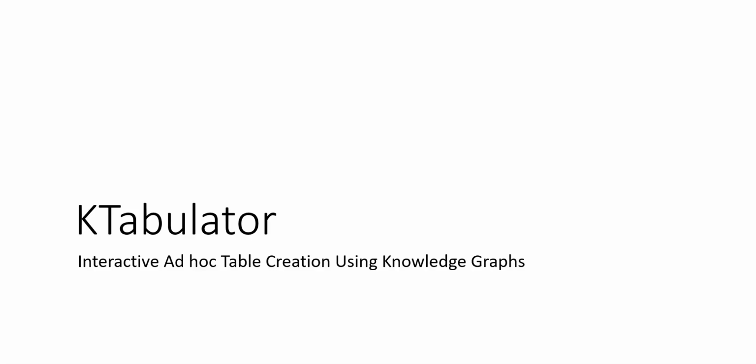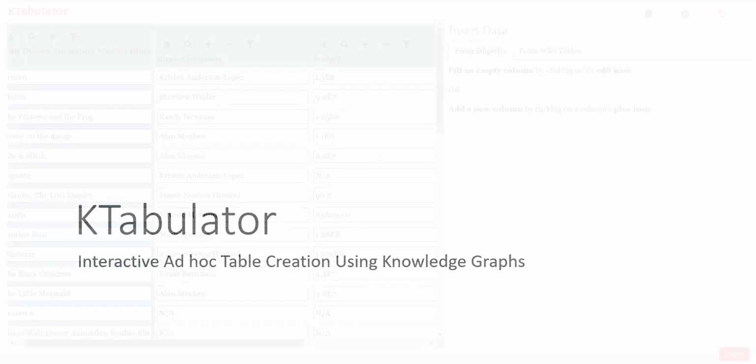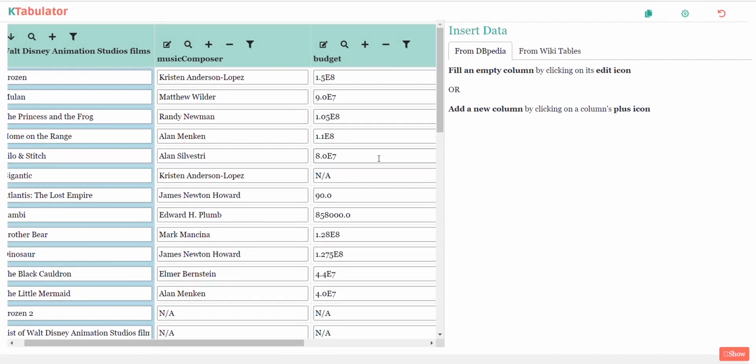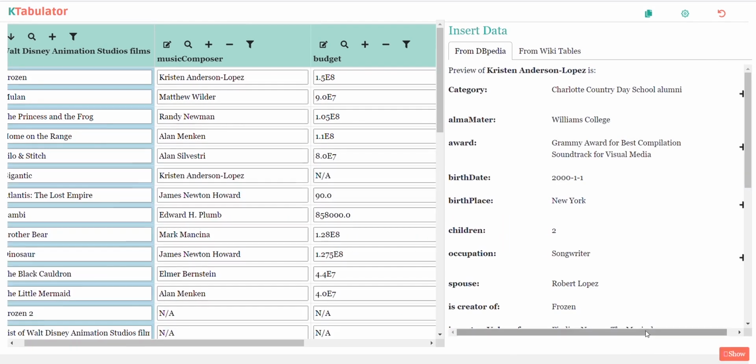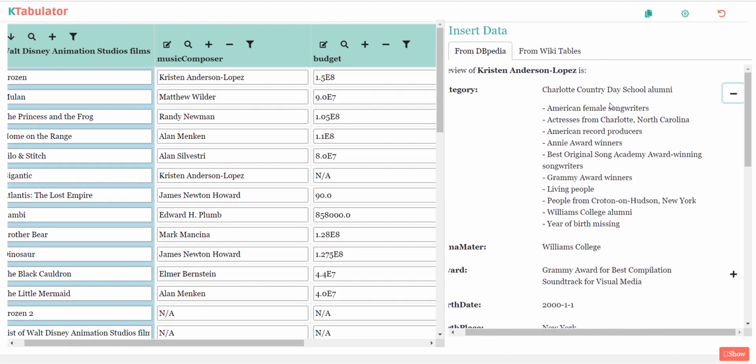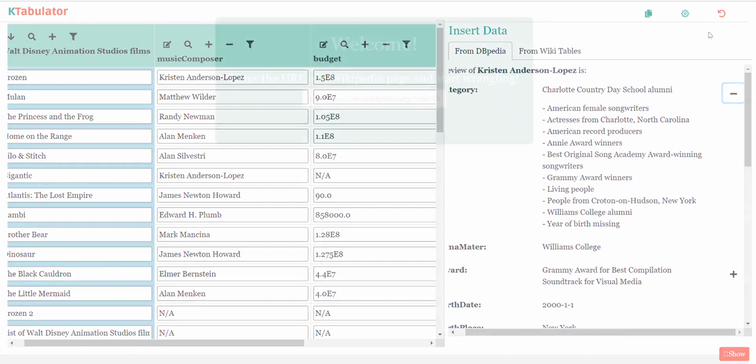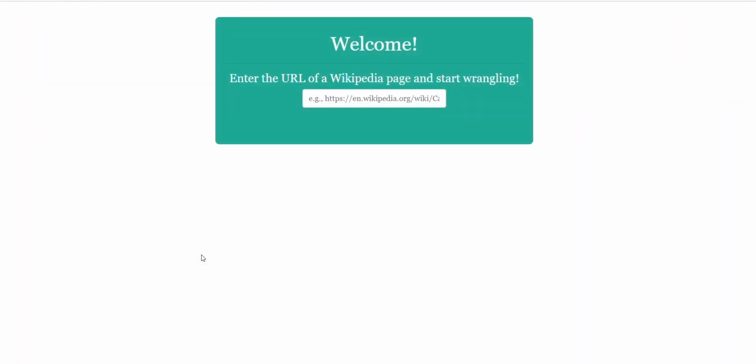This video demonstrates KTabulator, a system to help users efficiently create ad hoc tables by leveraging a knowledge graph through the interactive creation and manipulation of tabular data. Our demonstration shows the overall system workflow, where a movie enthusiast named Ivan prepares a list of movie recommendations for